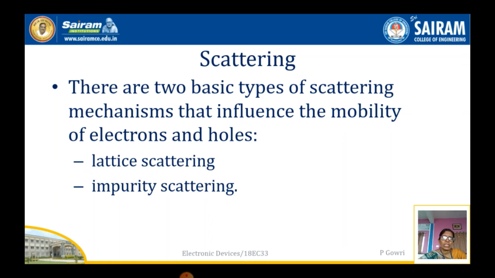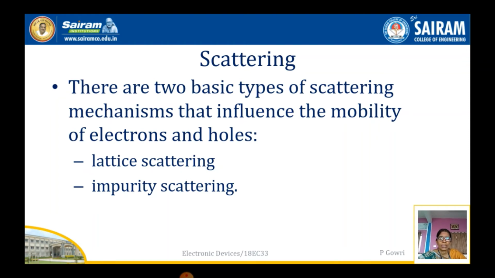When free charge carriers are available in the crystal, the charge carriers will be drifted in one direction due to the applied electric field. When moving in a direction, they will automatically meet barriers in their path, which leads to collisions. The collision results in the scattering process. Scattering is nothing but the deviation of the charge carriers from their actual path.